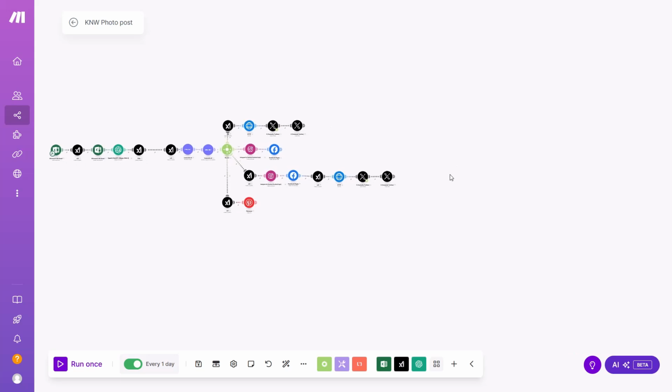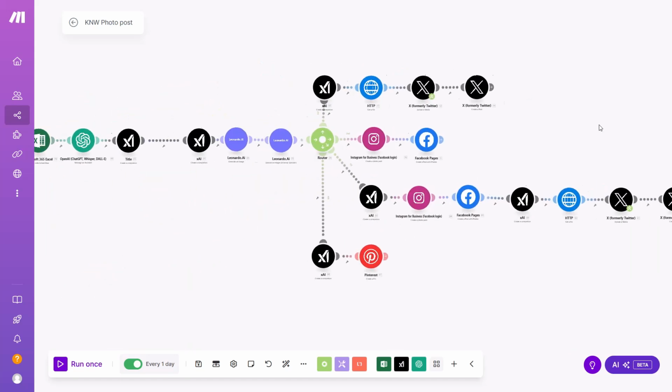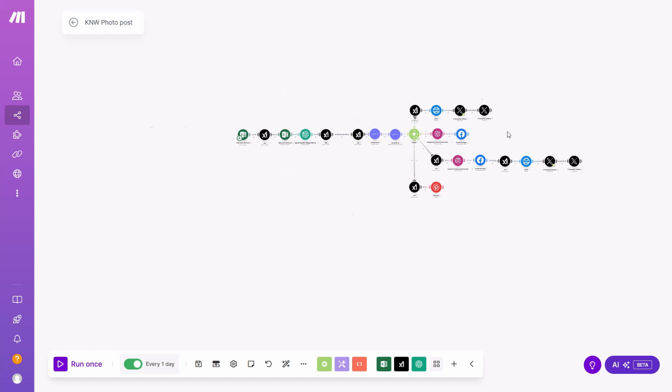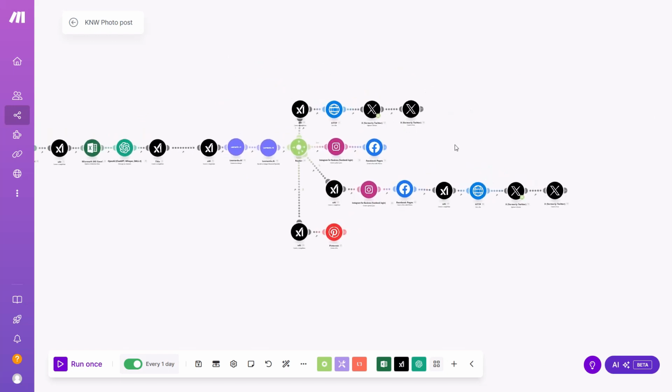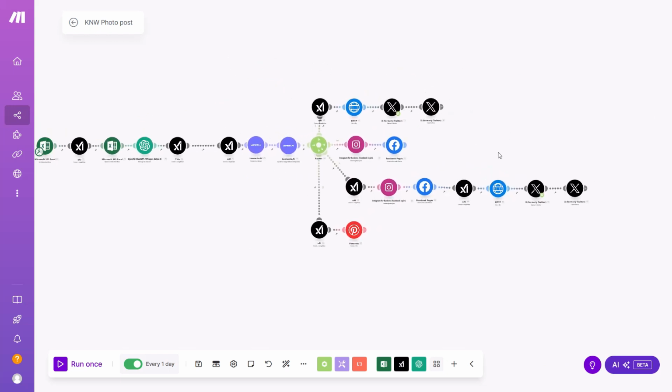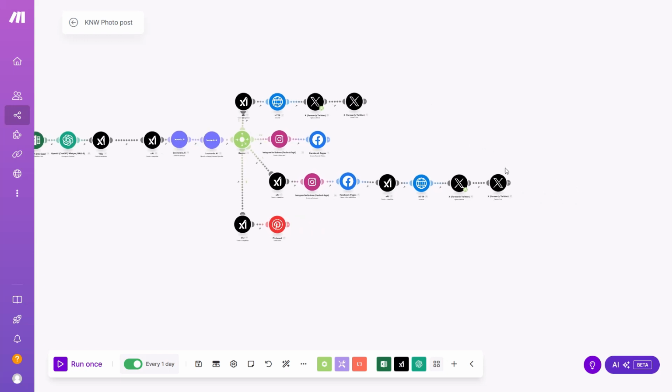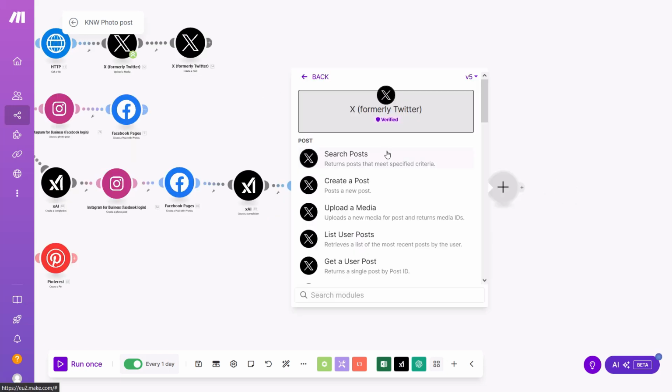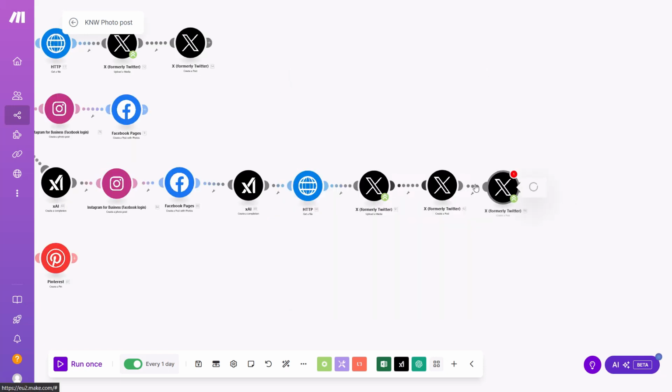In this video, I will show how to make an X, formerly Twitter, connection in make.com. If you're uploading media like I have shown in my previous videos, then you need to make two connections. One is for version 5 and another is for version 6. Let's start with version 5, add module,